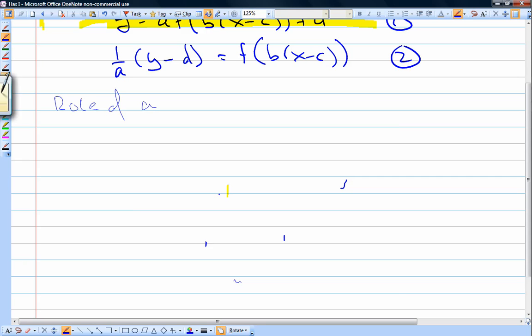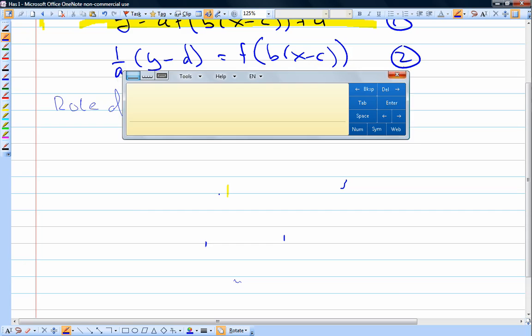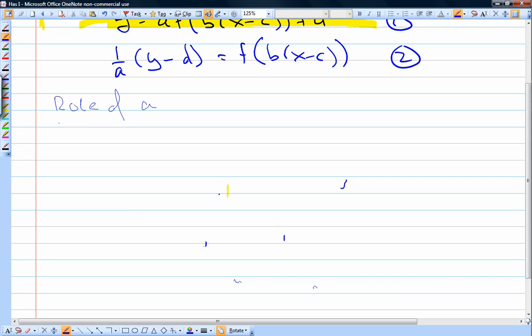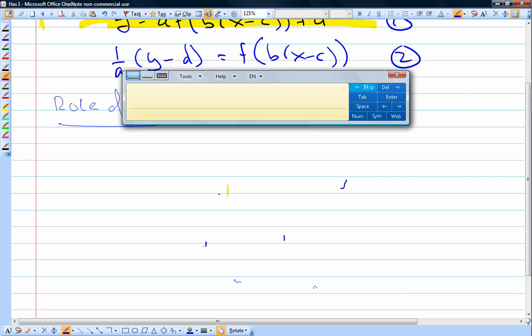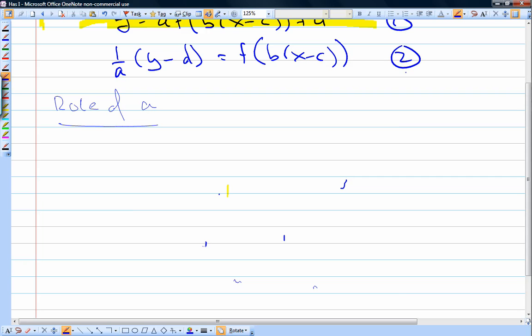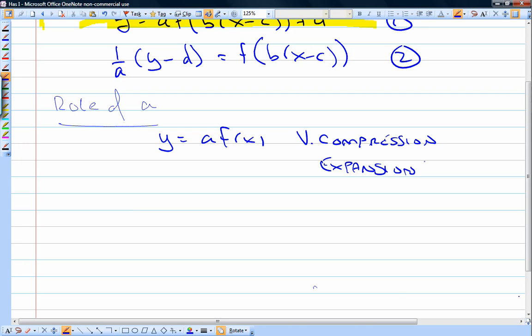the role of A. So we're going to look at y equals a f of x. This will give us a vertical compression or expansion. Okay. Conditions: